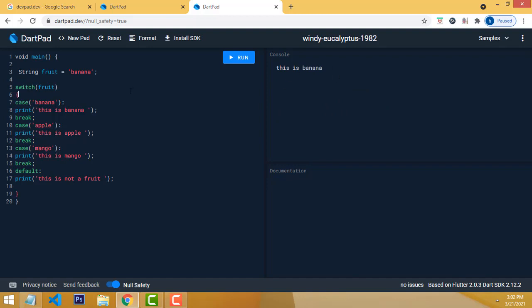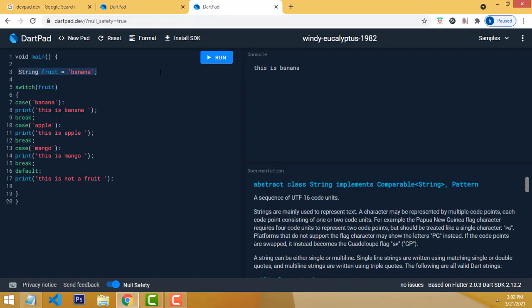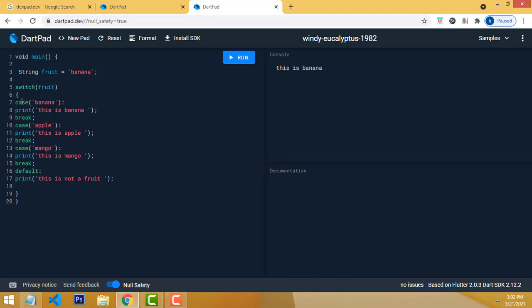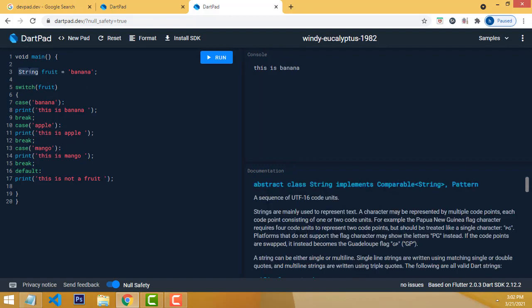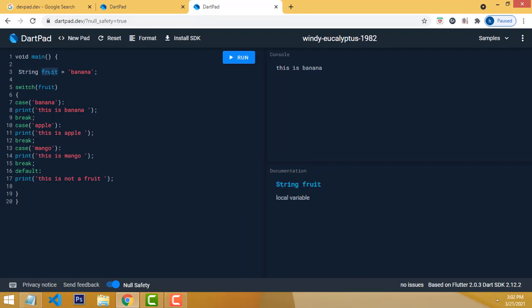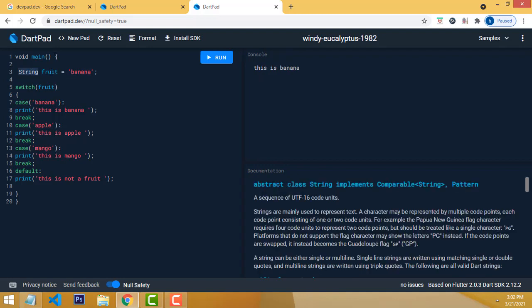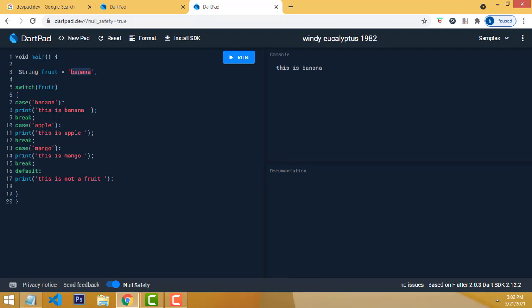Now in your earlier program you have learned what switch does. Here is a switch and case statement example, right? You have to declare the variable fruit. This is the variable name fruit. I have declared the string value banana. So we have to check which case will match banana. So this fruit has the value banana, and we put it into the switch over here. Now the case is banana. So we go through here. First case it will check whether banana is supported here. First case, banana is there, so it will execute this one.